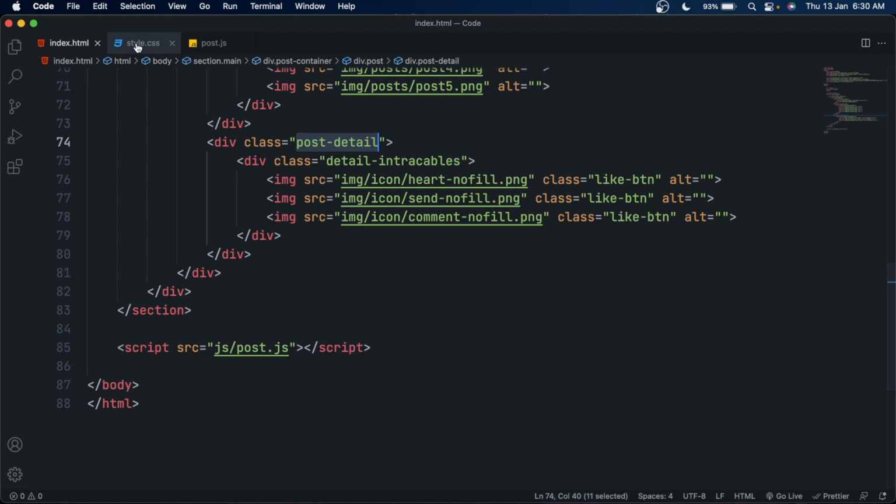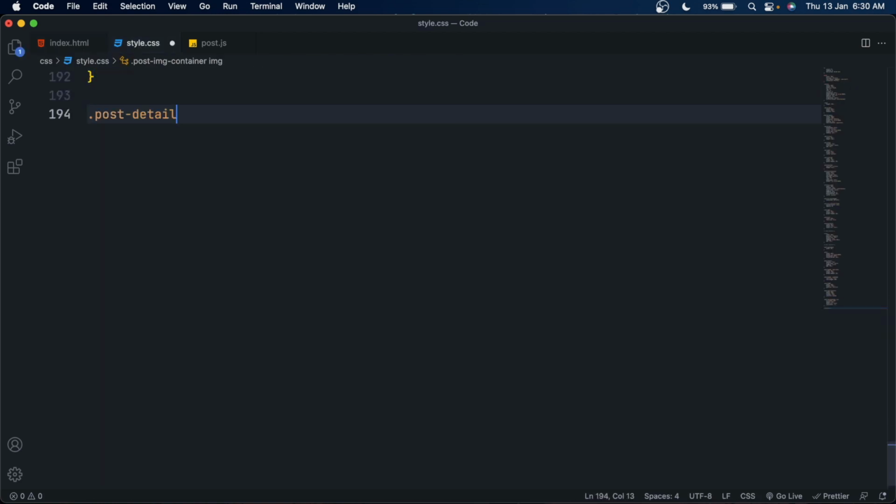Now copy the post detail class and paste it inside the style.css file, and let's style it.